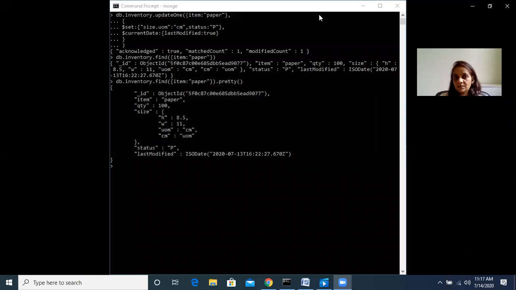If that field doesn't exist, then it will work as adding a new field which we have specified in the condition. So with the help of update, we can add a new field. At the same time, we can modify the value of an existing field also. So it is working in two ways.